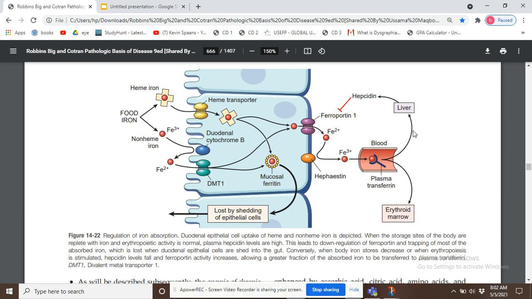It is transported to the liver. It is also transported to the bone marrow for the erythroid precursors. Why is iron required in the bone marrow? Because the erythroid precursor cells require iron for the synthesis of RBCs. So iron is transported to the liver as well as to the erythroid bone marrow. Okay,